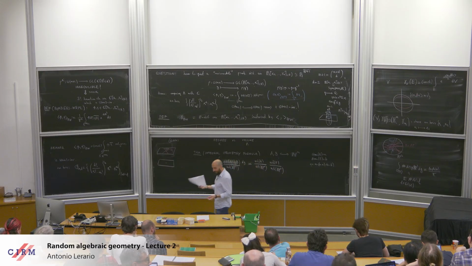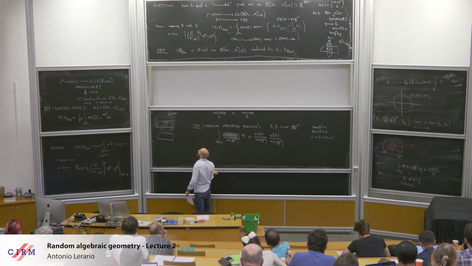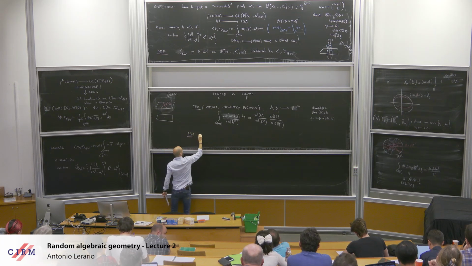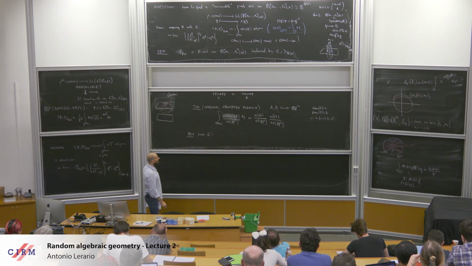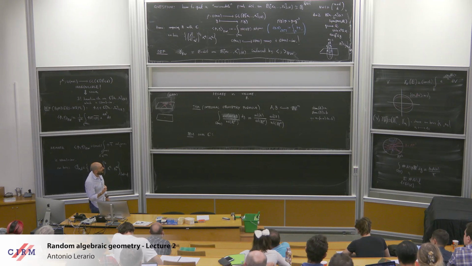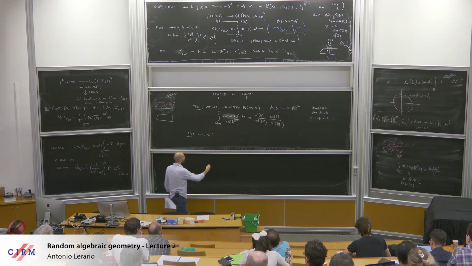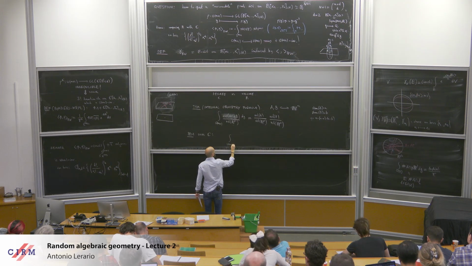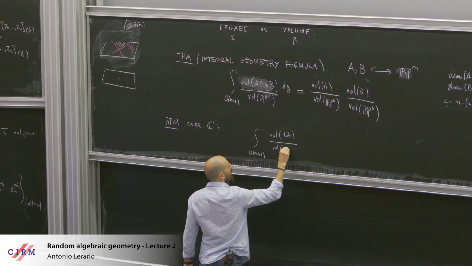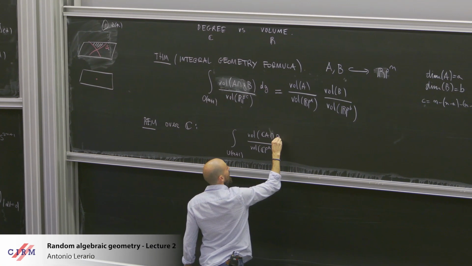There is also a complex version of this formula, which is exactly the same, but where you replace everything, so orthogonal group with the unitary group, and A and B, instead of being smooth submanifolds of dimension A and B, are complex submanifolds of complex dimension A and complex dimension B. You get this formula, so if you integrate on the unitary group the volume of some, let me put it maybe this way, complex divided by complex projective space of dimension A, G complex